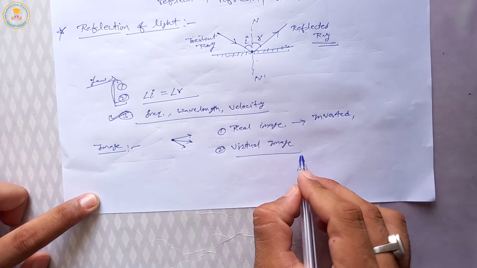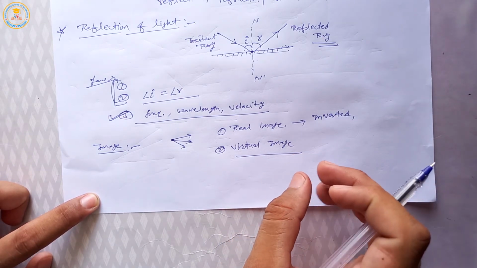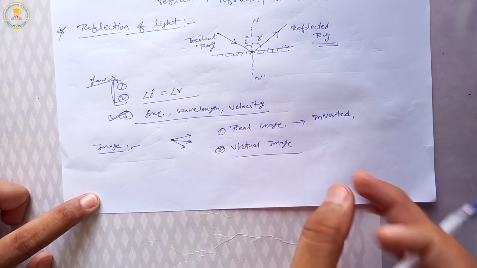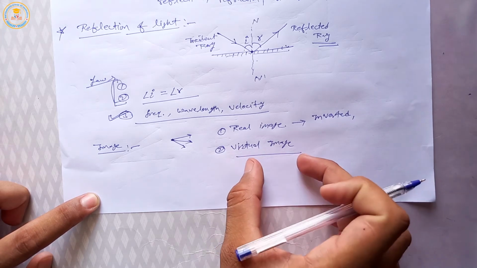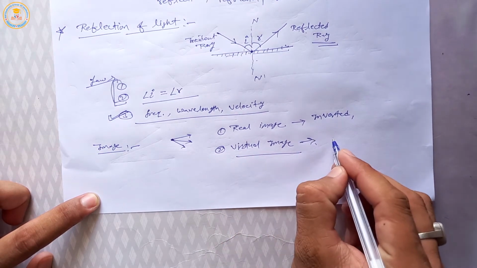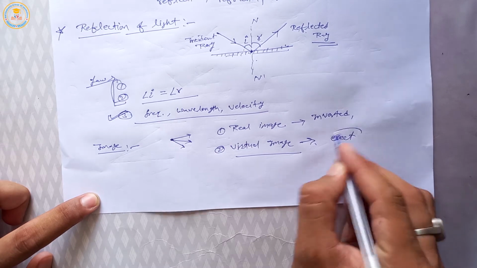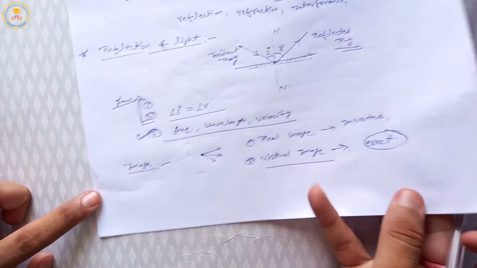Next is virtual, which means the reflected rays of light appear to meet at a point. Then at this point a virtual image is obtained. Okay, and this is erect. These are the images. Okay, now our next topic is